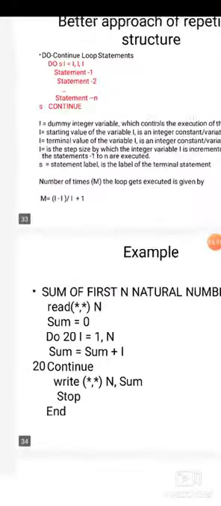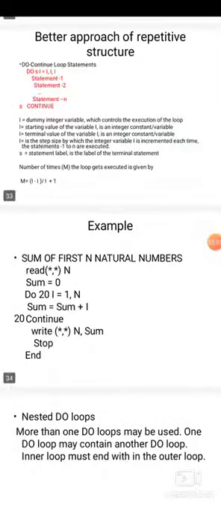Let us take an example to understand this. Let us find the sum of the first n natural numbers. We have used the if and go to statement to find the sum of the first n natural numbers. Let us use this do continue statement instead. Firstly, we will give the input, that is read n.